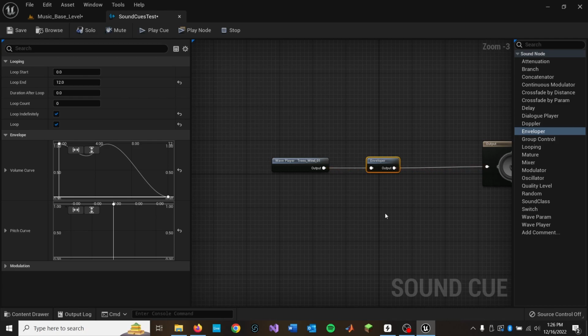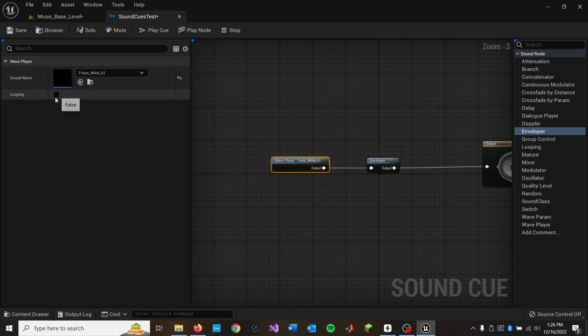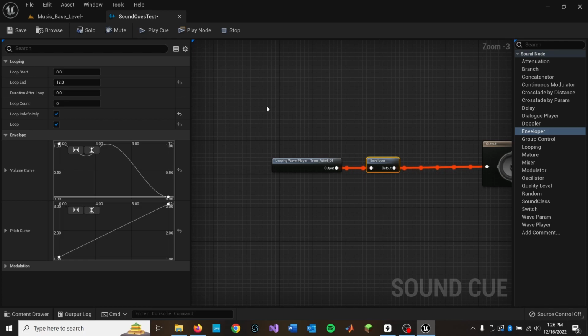Now, if you'll notice, that ended up stopping even though we have it set to loop. The reason for that is that the wave player ran out of sound, so we need to set it to looping in order to make that work. As you can hear, it just continues to loop,